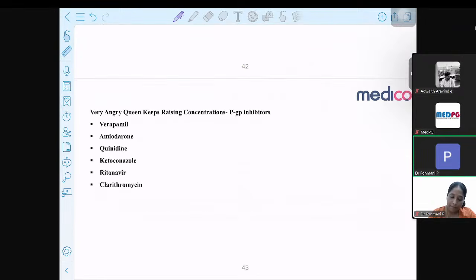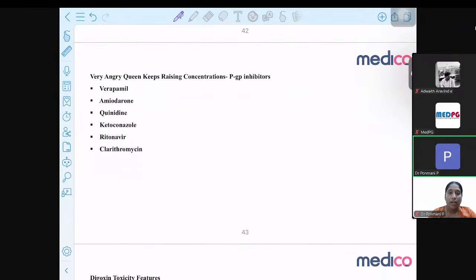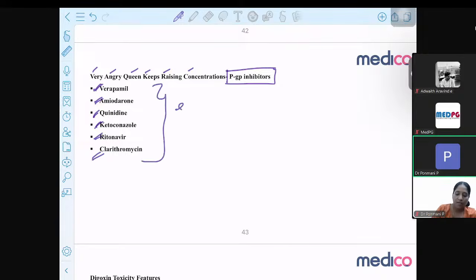So this can be remembered with the help of a mnemonic. That is, a P-glycoprotein inhibitors list you must know. So what is this list? This list is: Very Angry Queen Keeps Rising Concentrations. Okay. So this is the mnemonic you are going to remember for P-glycoprotein. V stands for verapamil, A stands for amiodarone, Q for quinidine, K for ketoconazole, R for ritonavir, and C for clarithromycin. So these are the drugs which are going to inhibit the efflux transporter